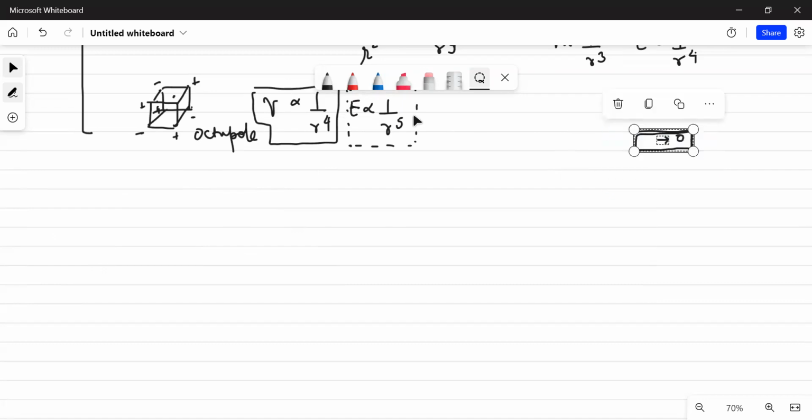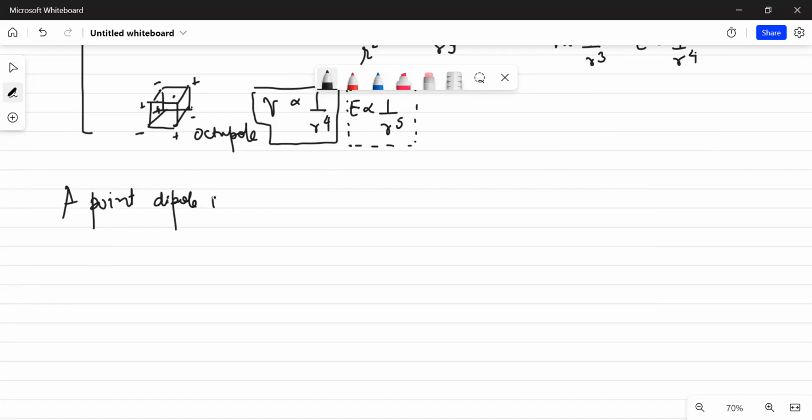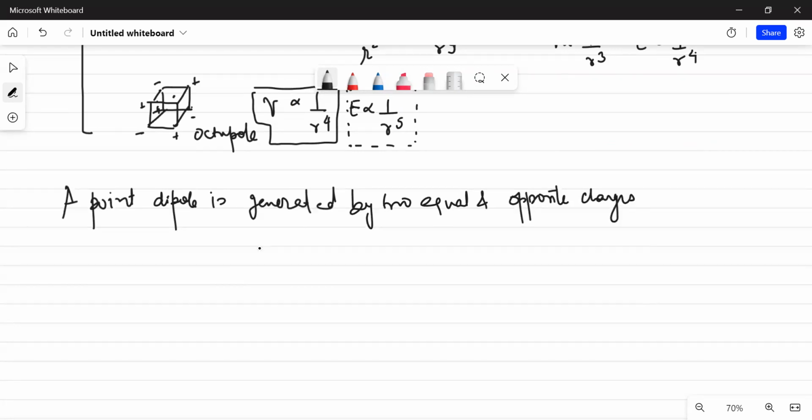पॉइंट डायपोल समझाता हूँ, तो लिख लो इसको एक सेकंड। So I'll write a point dipole is generated by what I can say two equal and opposite charges, separated by मान लेते हैं डिस्टेंस डेल, where डेल